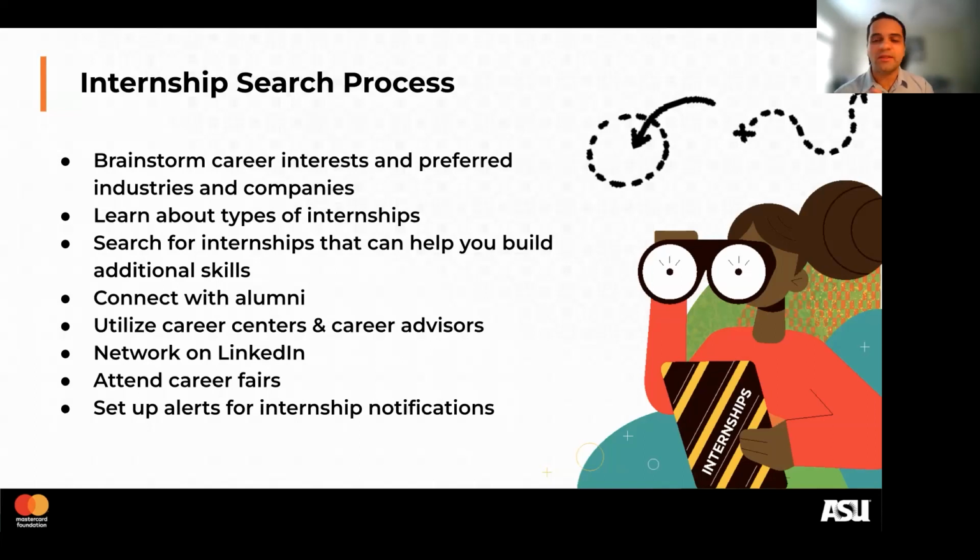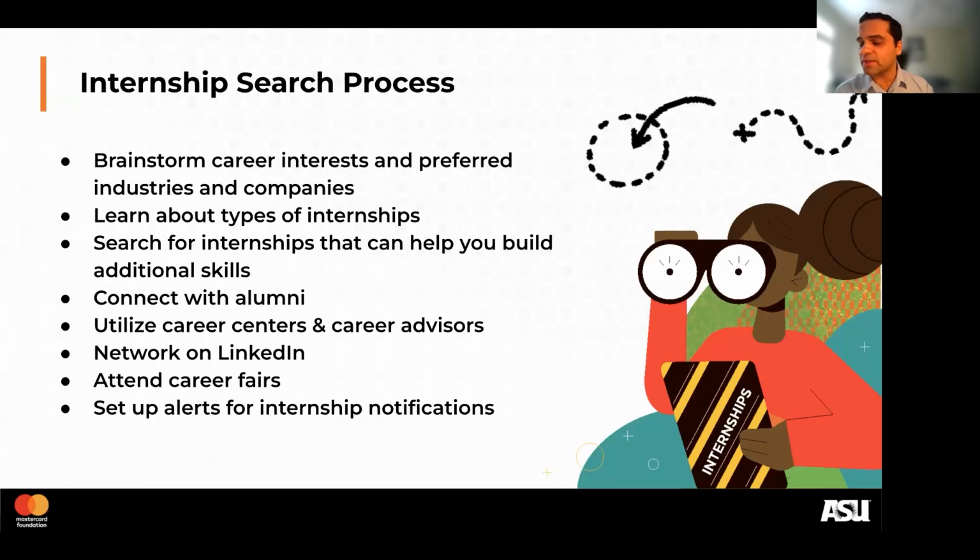Network on LinkedIn. This is very key, very big right now. LinkedIn is really good for professional connections and reaching out and learning about opportunities. I've talked about this in many webinars before, but it's really important. If you haven't done it already, start building your LinkedIn as a professional CV and connect with the right people, the people that are close to your industry, and just be available there and have it ready, not outdated, for example.